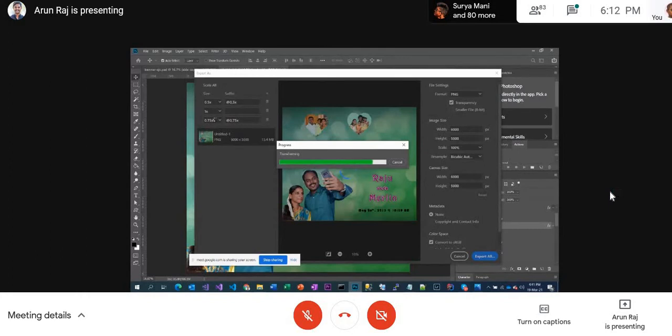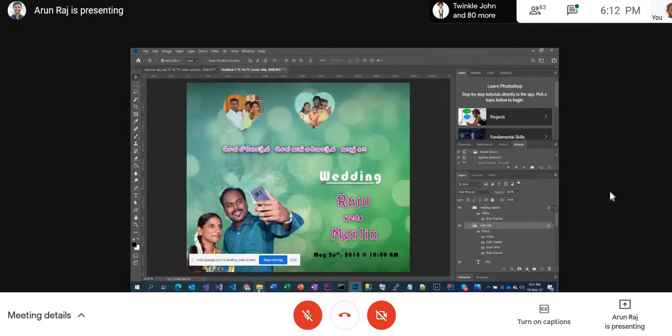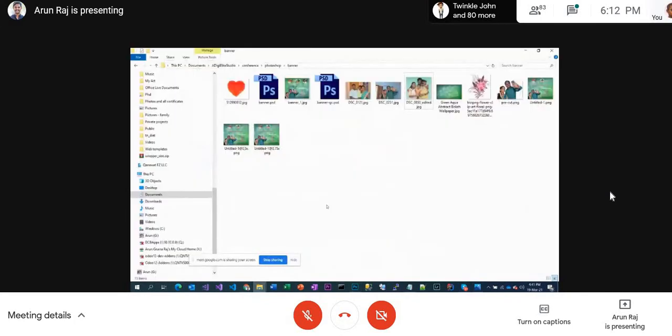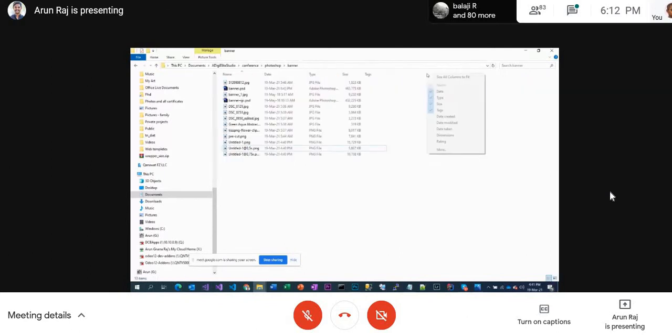In the same way, you can tell here whether you want PNG or JPEG, all those things you can define here. I hope it is exported. Let's go and see it. Now, look at here. You have 50% size. I'll tell you how to look into the sizes, the dimensions.